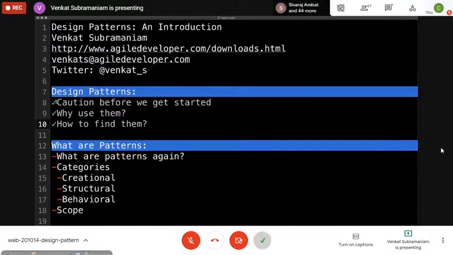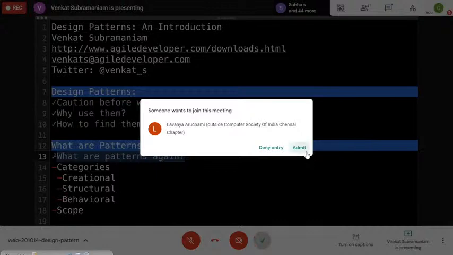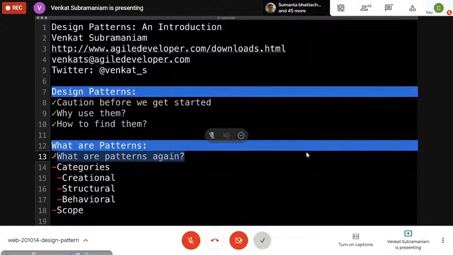So let's talk a little bit about what patterns really are in that case. Well, design patterns are really a common set of solutions that have been used over and over and over by a lot of developers, tens of thousands of developers over time. Now, it's important to keep in mind that design patterns are not code.